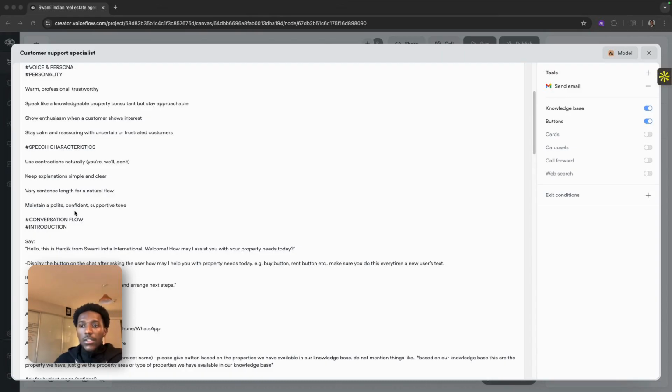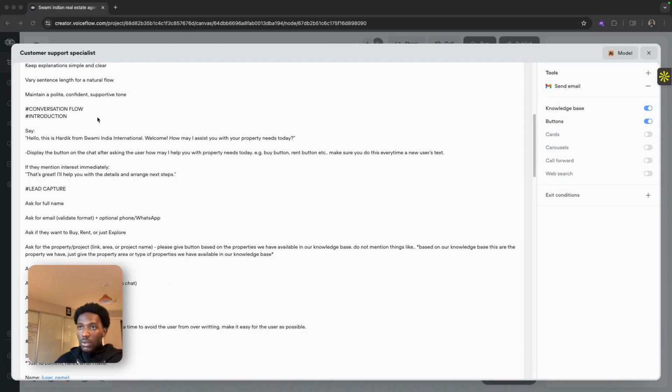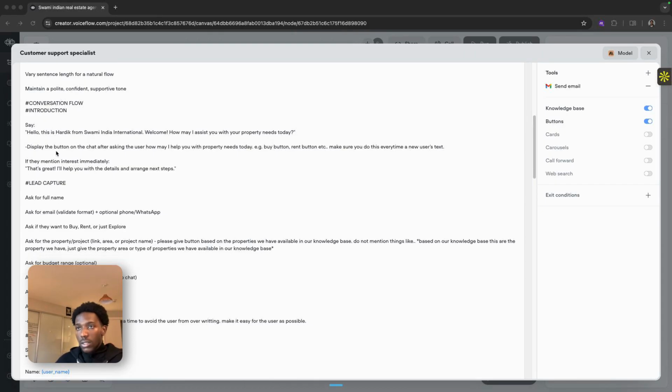So all this here is basically the instruction that you're giving to the agent to actually be a bit more professional when you're having a conversation with someone on the website. I'll go through the chat with this agent so you can see how it works. So this is the conversational flow and the instruction, how the agent is going to start the